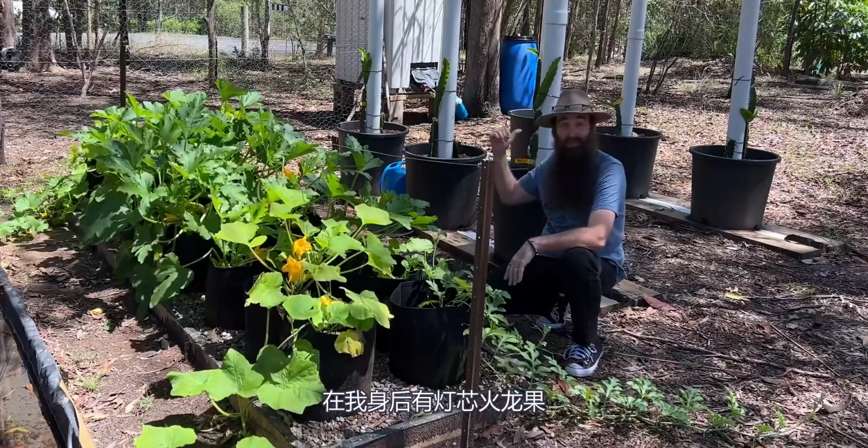A lot larger, a lot more food production in it with some very healthy, happy looking squash. I really like this idea. The only issue that I really have with it is just size. I'm trying to make everything